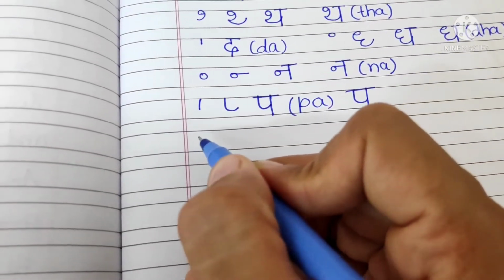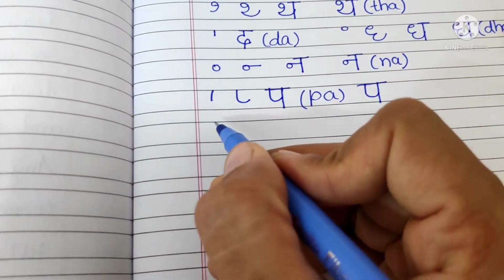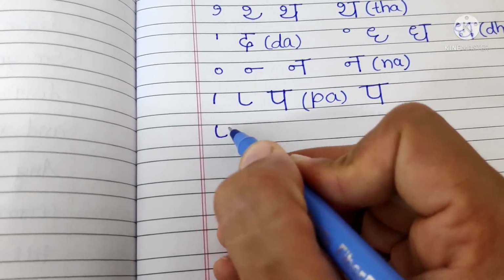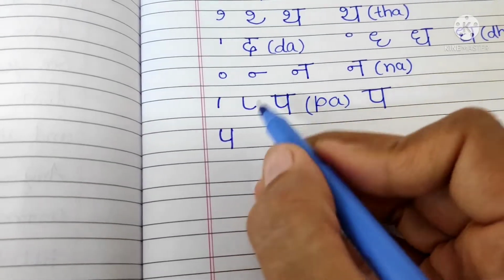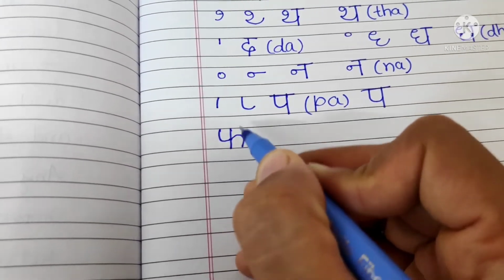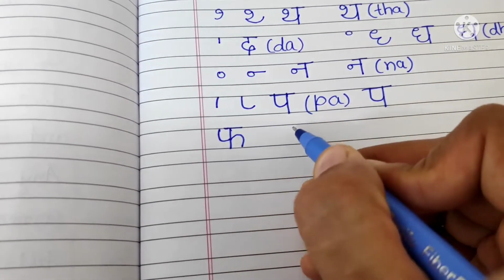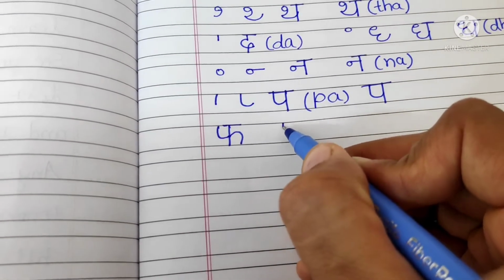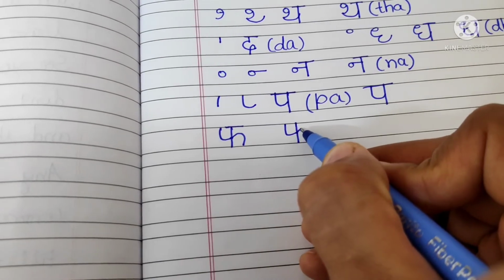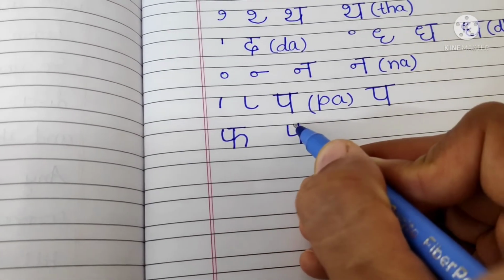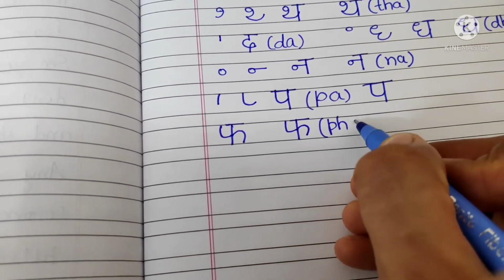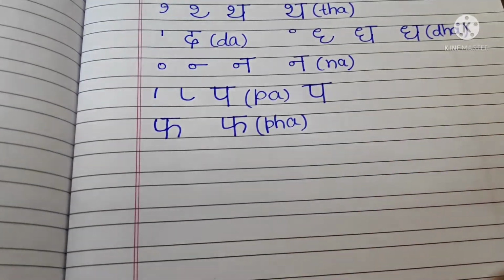Next alphabet comes fa. So how can we write fa? For fa, simply make pa first, which we have just written, this standing line, and after that from this side you can turn like this. If you turn like this, this is our fa. Again one more time I am writing, see this standing line, and if you turn down like this, this is our fa alphabet in Hindi.